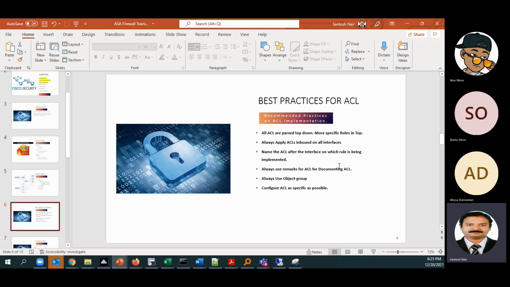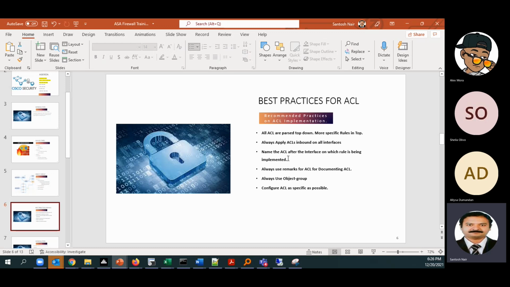Or if LX is implementing, let's name it LX access. We have to always name it after the interface we are going to implement it on, and in that name, we also have to add the direction. So we use a standard convention like outside access in or core access in for implementing ACLs. That is a recommended practice.